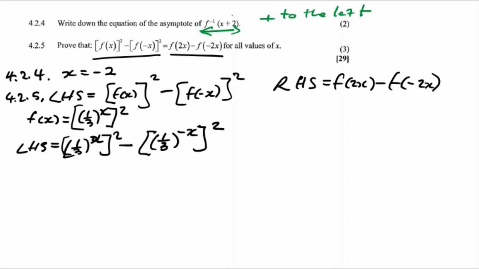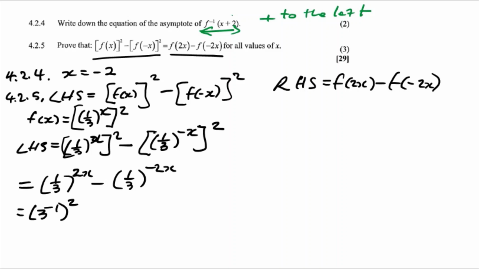Then if we simplify the left hand side, we'll multiply the exponents, so it's going to be 1 over 3 to the exponent 2x minus 1 over 3 to the exponent negative 2x. Now if we realize 1 over 3 is the same as 3 to the exponent negative 1, we get 3 to the exponent negative 1 to the exponent 2x minus 3 to the exponent negative 1 to the exponent negative 2x,